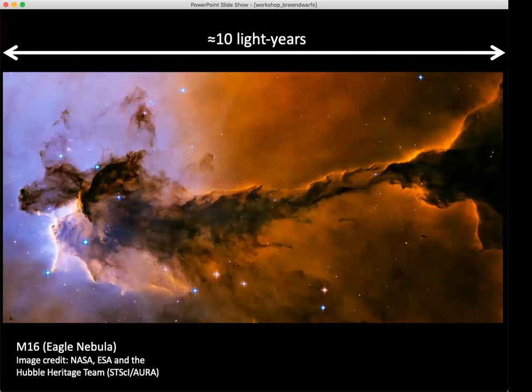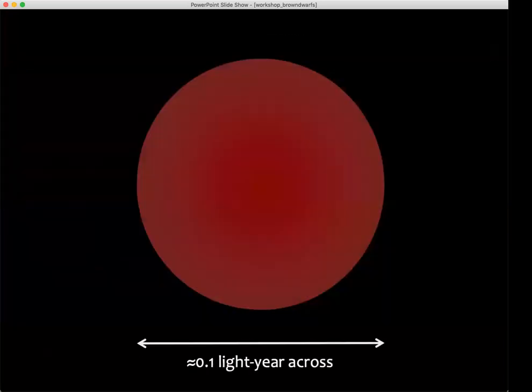And these stars are starting off in these really huge structures. Again, tens of light years across. Remember, the nearest star to the sun is only 1 light year away. So this represents a good swath of the immediate solar neighborhood. And what happens is gravity. Gravity is an attractive force. So if we take one of those chunks, let's say maybe 1/10 of a light year across, just a little section of that,